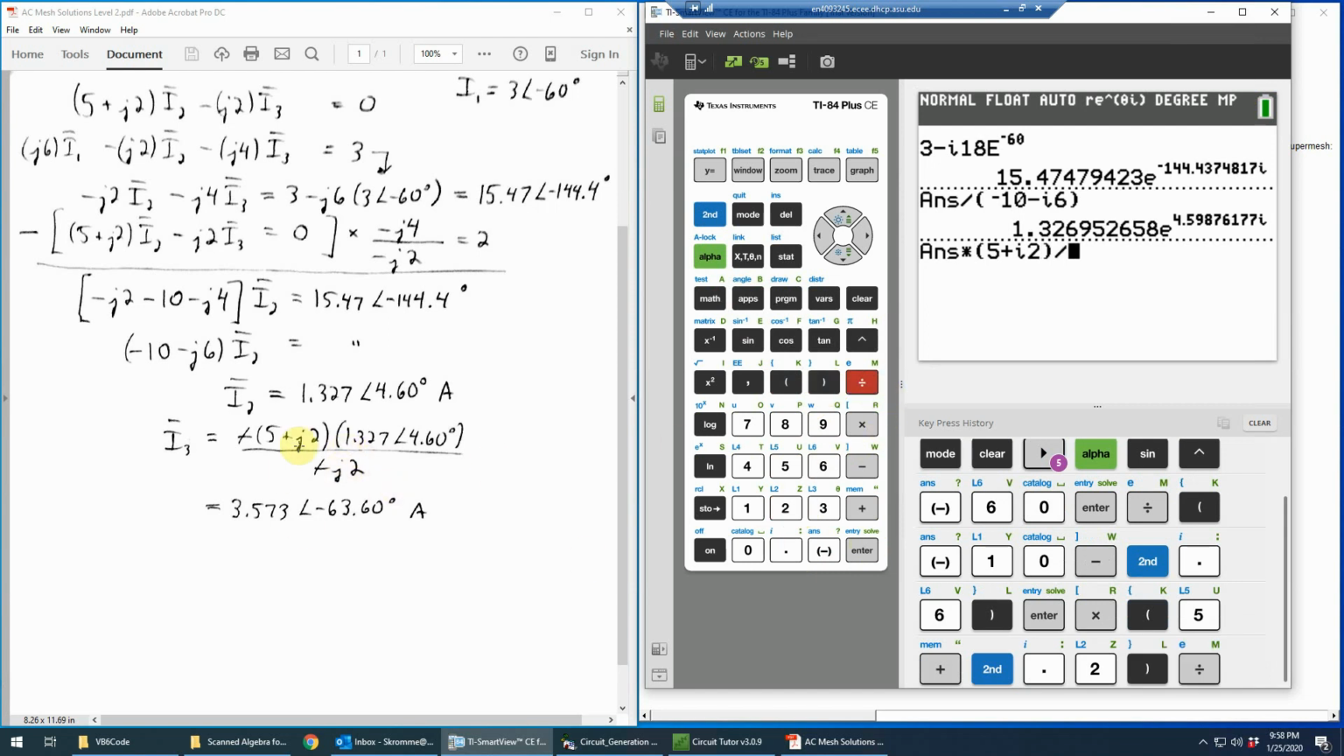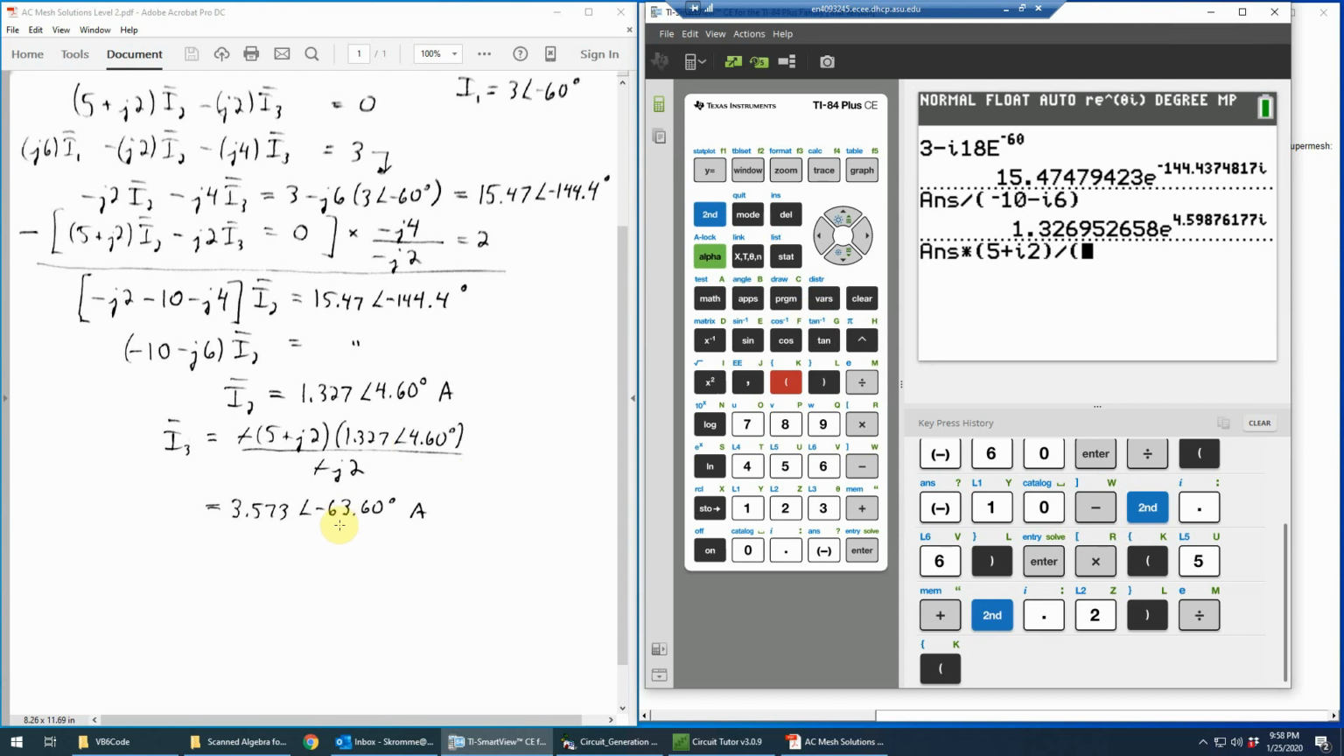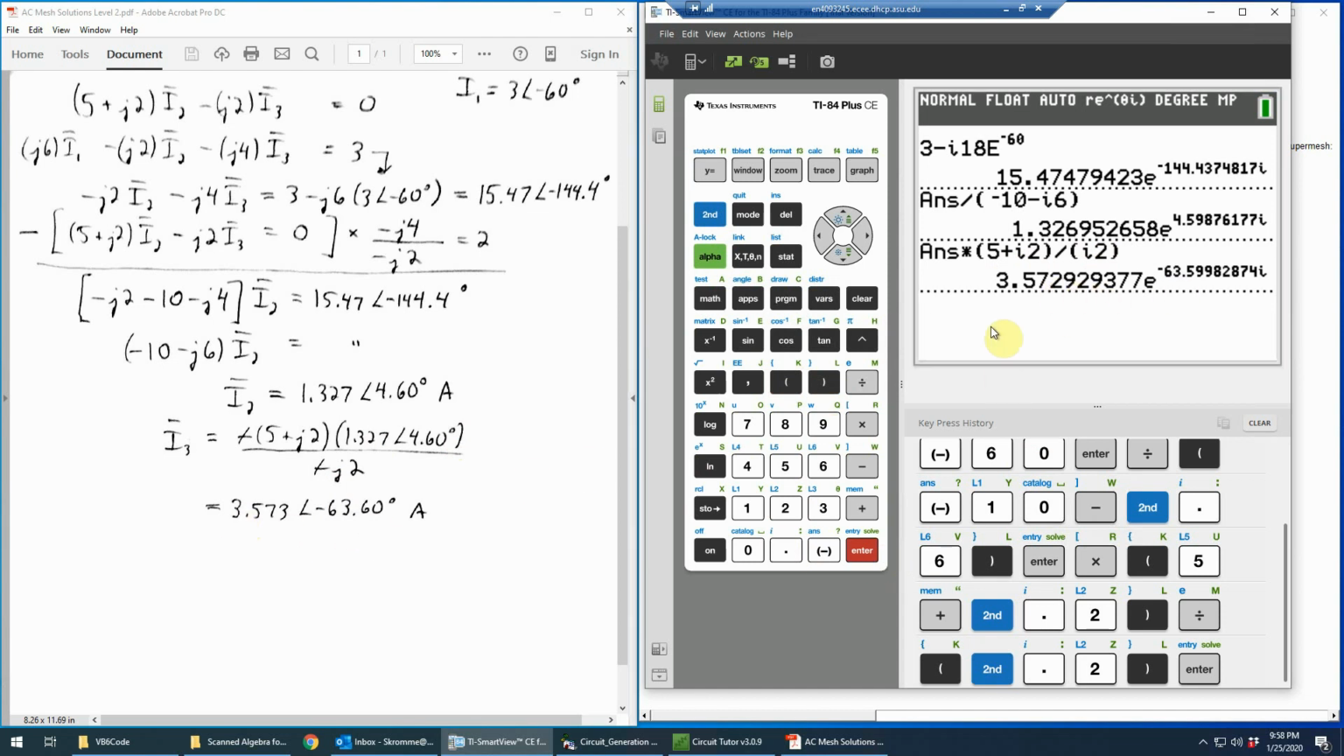Divided by, and here's another point where we can't just write J2 here, because if I did that, I would be dividing by the I and then multiplying by the 2. Remember the way order of operations works, you have to use parentheses on a product like that. So this would have to be parenthesis I2 close parenthesis. Otherwise, if you omit those parentheses, you're going to get the wrong answer. So be very careful about that. Okay, and that would give us the answer there, which is 3.573 angle negative